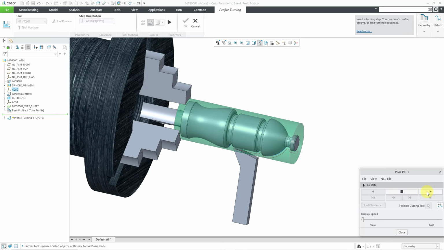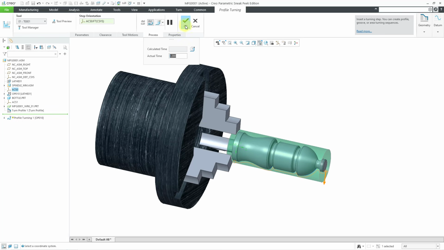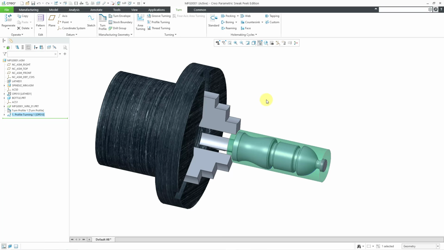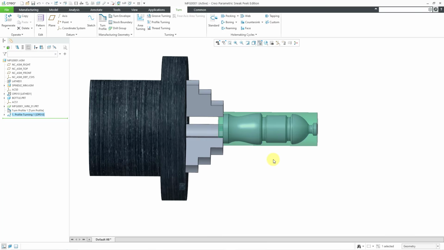And I'm suspecting that I'm going to have a little bit of collision with my tool and the actual part that I want to have remaining after that. And so that is good. Let me close out of here. And let's say that initially I'm happy with this. I will hit the check mark for my toolpath, but then let's take a look at some of the other